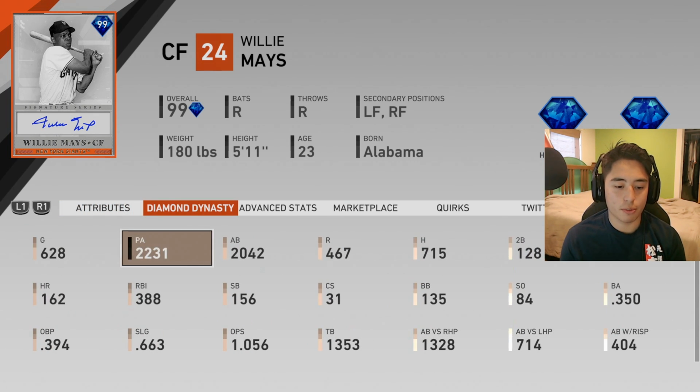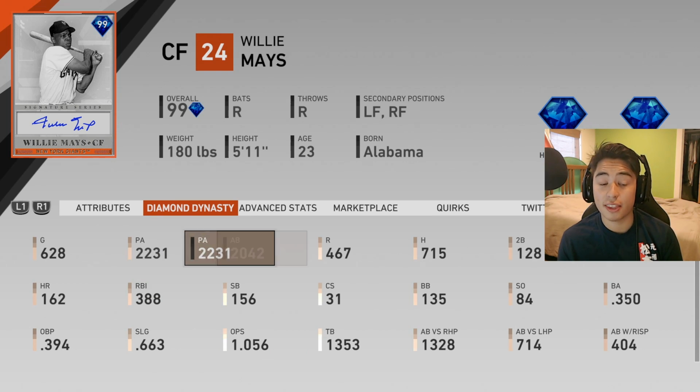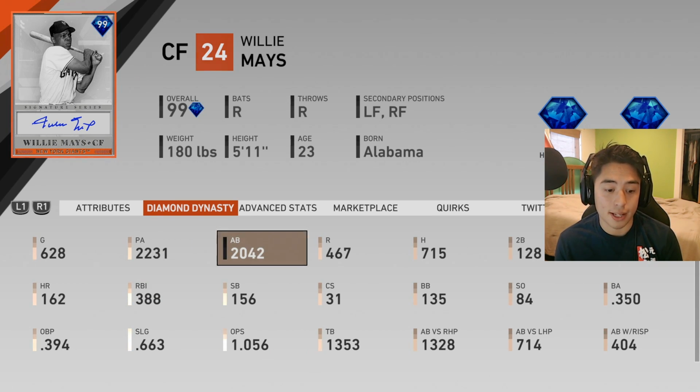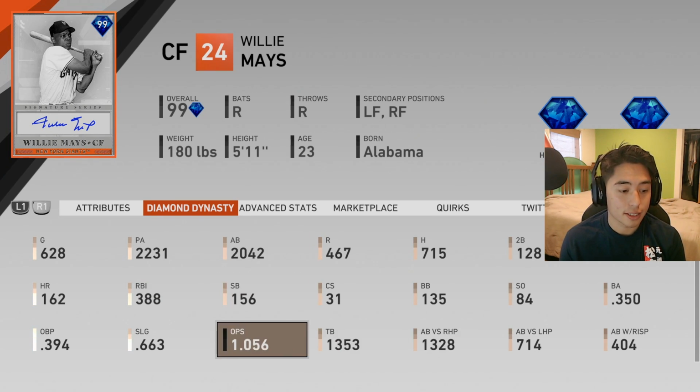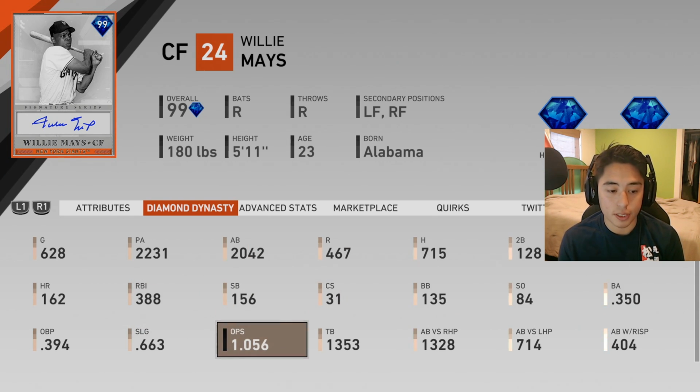I'm batting 350 with him. He still has a 1056 OPS. This with over 2,000 at bats. It's a pretty big sample size. Slugging 663, that could be up a little bit, but his OPS is still good. I mean,